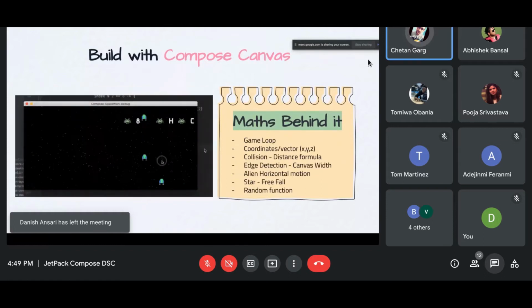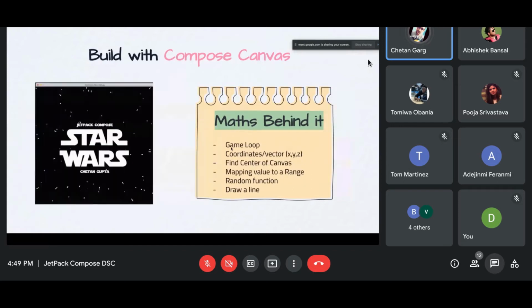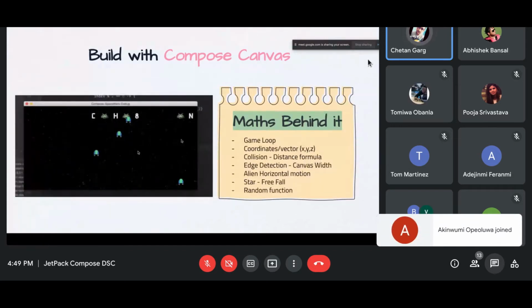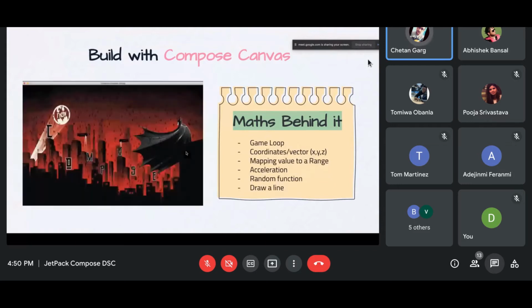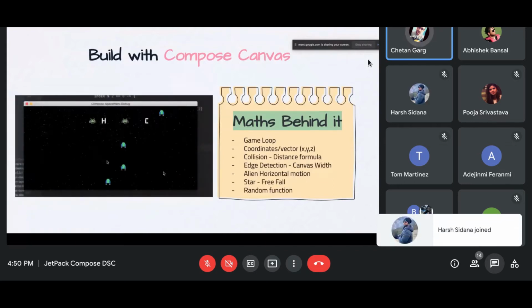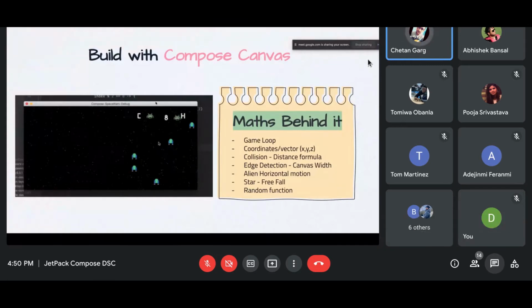Then the fourth thing, which uses everything I have created up till now, is this space shooter game. So there is a coordinate system, there is collision, there is edge detection, there is horizontal motion, and there is vertical motion of this particle. The logic carries on the same from the other examples. The star falling system is exactly the same as this rain falling system, right? And this jetpack spaceship is going upward with that velocity which I have told you. If I put a negative velocity, it will definitely go up. Since there is no acceleration, it is not coming back down.